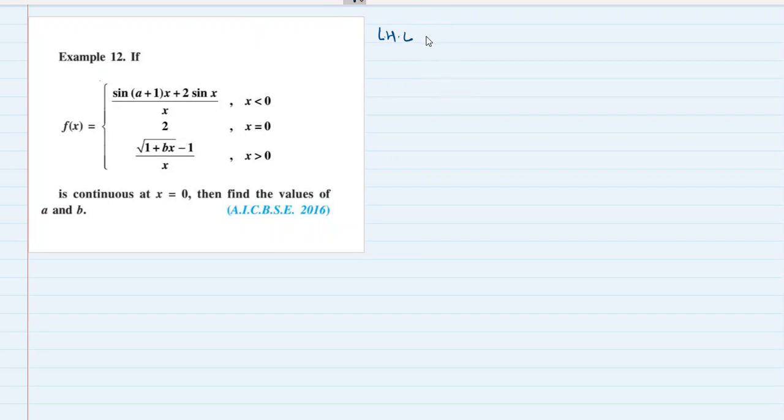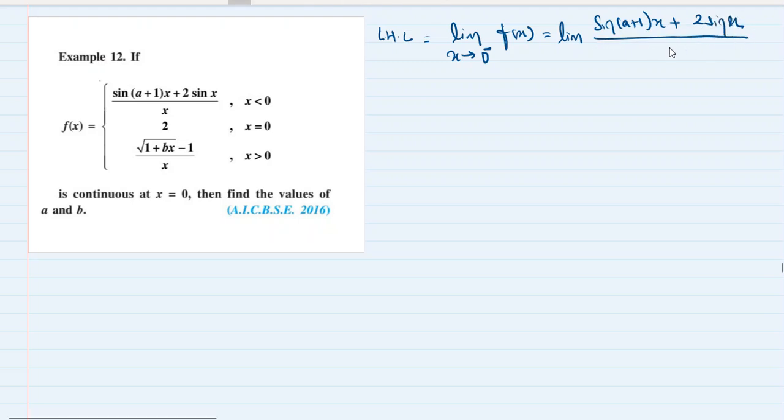Okay, LHL is limit x tends to 0 minus of f of x, which is limit of sine of (a plus 1)x plus 2 sine x, the whole upon x, when x tends to 0 minus. Okay, so this is equal to